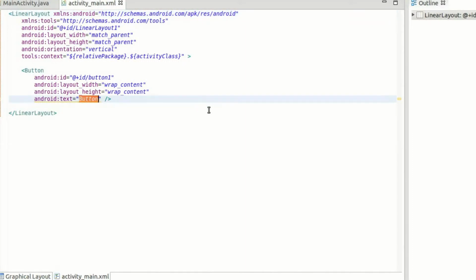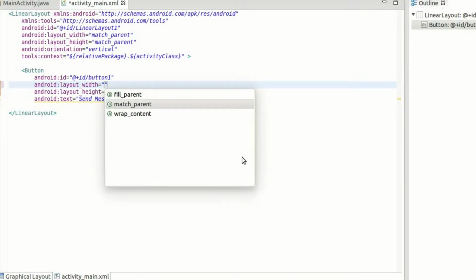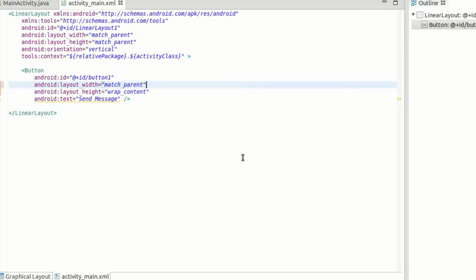The first thing we need to do is to change the text. Let's say Send Message, and the second thing we need to do is to change the width from wrap_content to match_parent. Let's delete it, press Ctrl and spacebar together and choose match_parent. Save it.